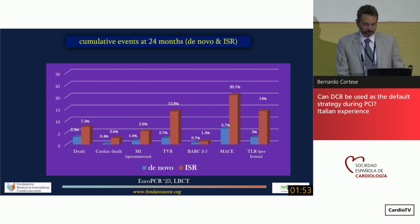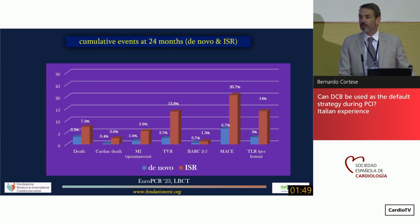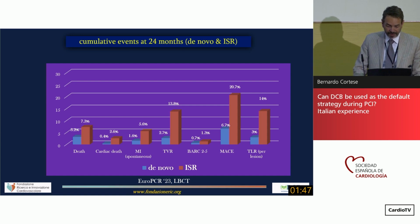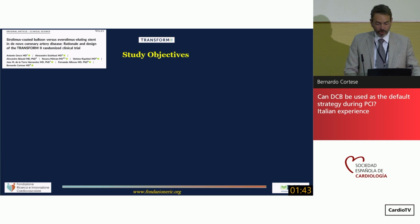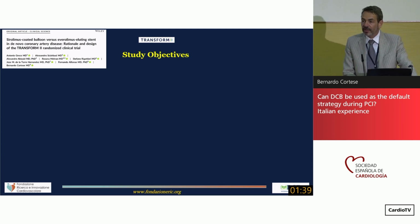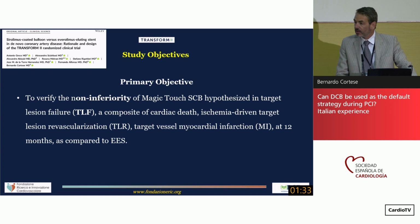So quite interesting data. Obviously, we will need to analyze them deeply and to better understand. And then the future steps, as it pertains to our group, is to understand and compare drug-coated balloons with a drug-eluting stent. This is what we are doing with the Transform 2